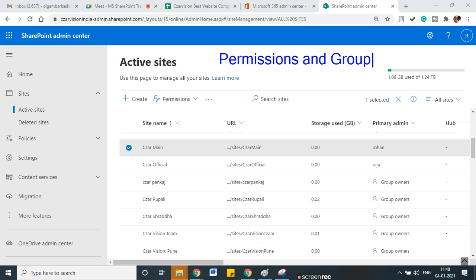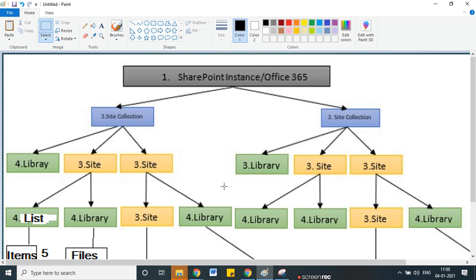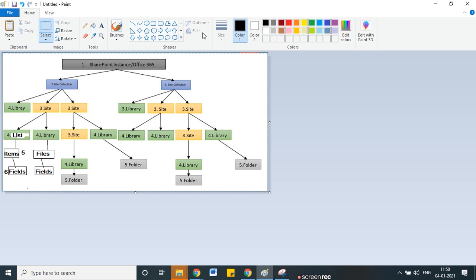So consider at the initial stage you enter a building. Consider a society with different buildings, internally having big buildings A, B, C, D. So what I will do is map that scenario to our SharePoint architecture or SharePoint hierarchy. I click here and open this image. So in this image, as you can see,